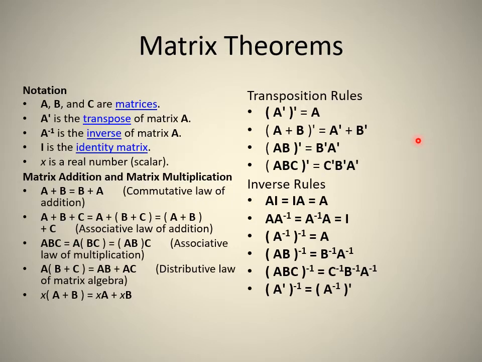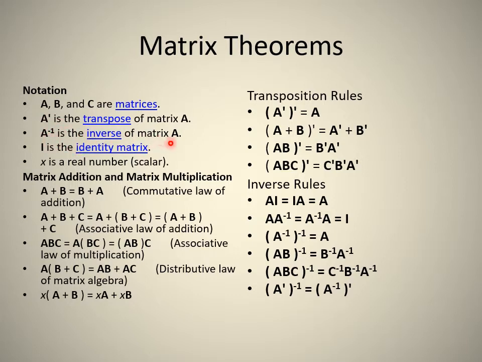Just to recap a little bit on what we've handled in this part of the course. In terms of matrix algebra, we usually use capital letters to indicate matrices. Capital A, B, and C would be matrices. A with a superscript little stripe will be the transpose, and you know what a transpose is. That is where the rows become the columns and the columns become the rows of a matrix. A superscript minus 1